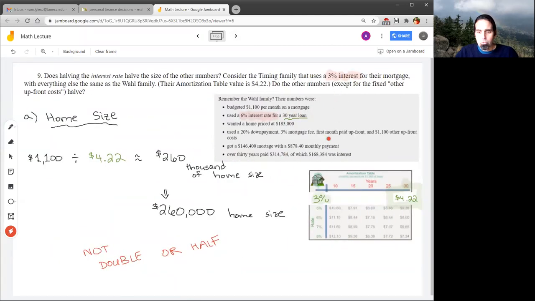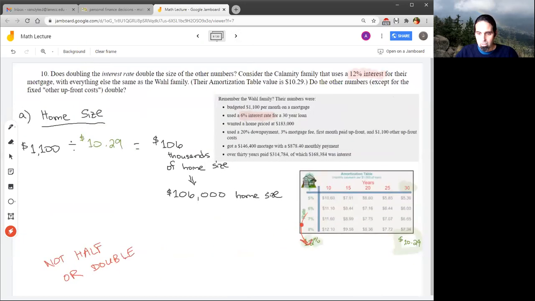What about if your interest rates were cheap? If interest rates gets cheaper, that's great. You get more house. When the interest rates are half, you don't get double the house, but you get a lot more house. And if the interest rates doubled, that doesn't hit you terribly. You don't get half the house, but you get a big reduction. So